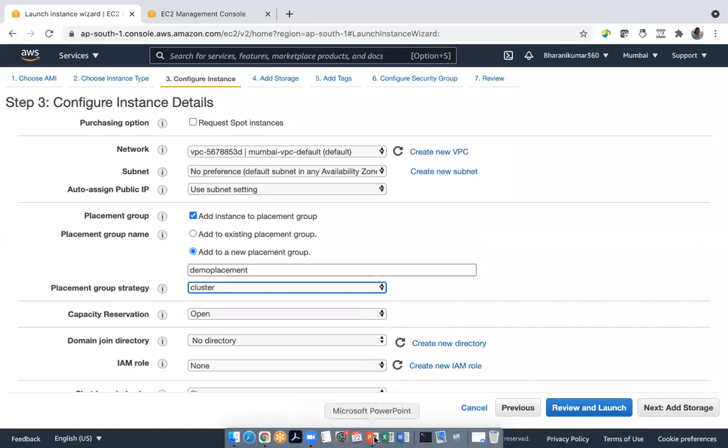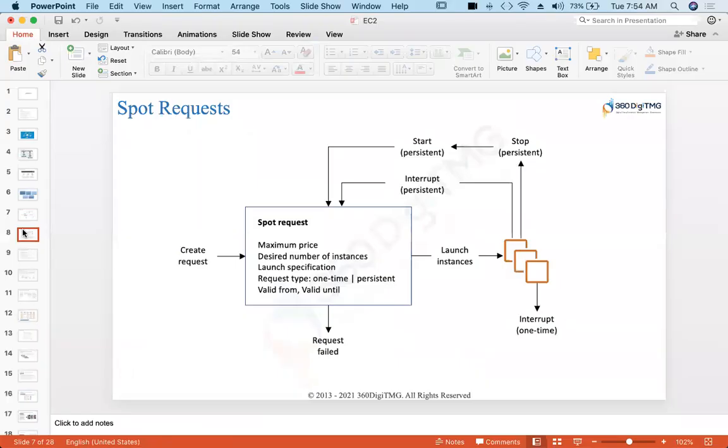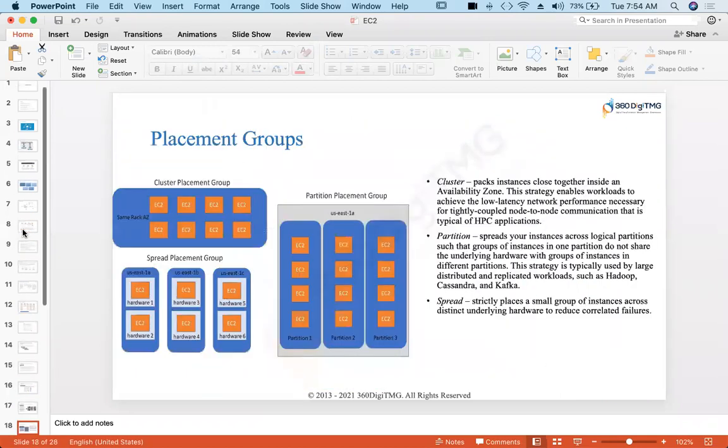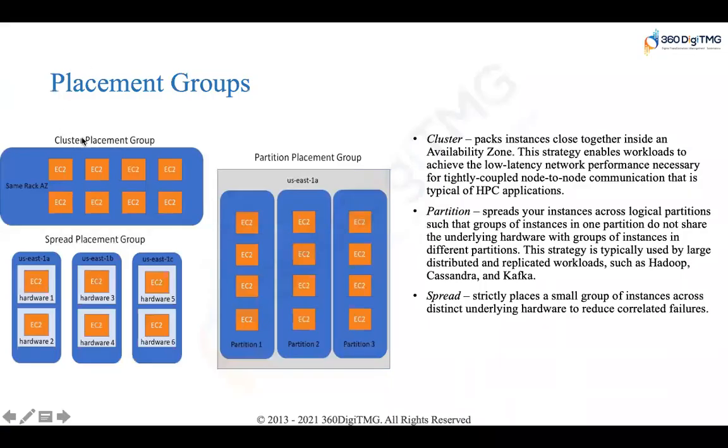Let me go to this presentation. Placement groups. These are the options: cluster, spread, partition, right? These things are there in the drop down also.